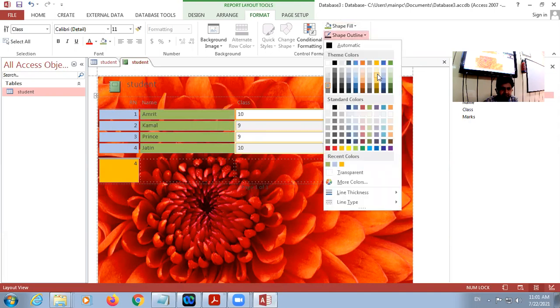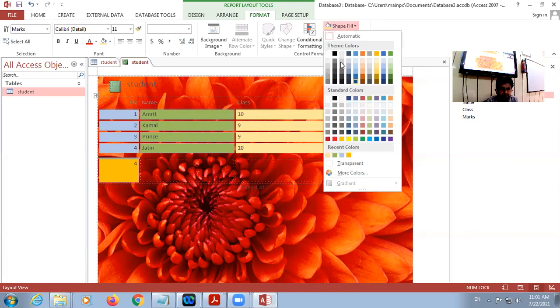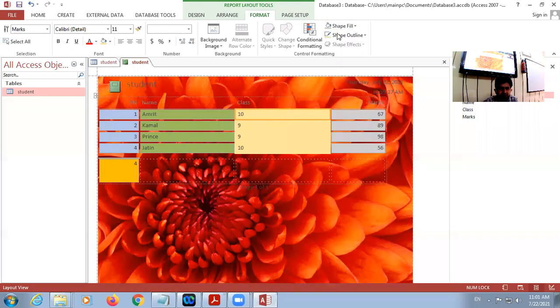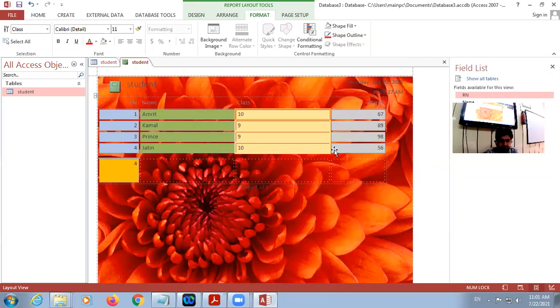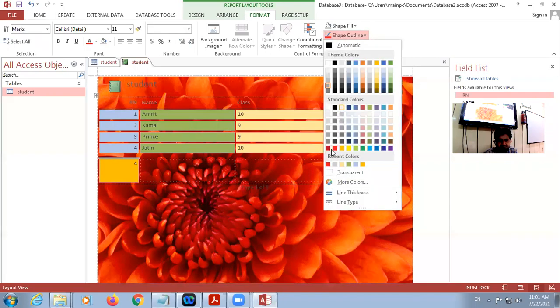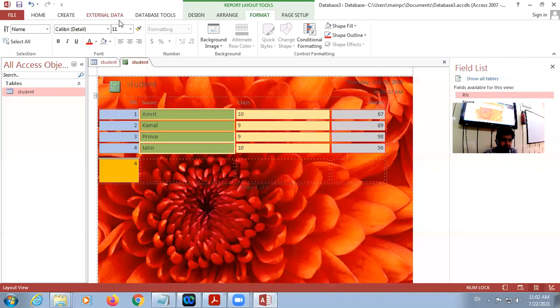This is formatting. We can also change the border colors. We can change the font size.